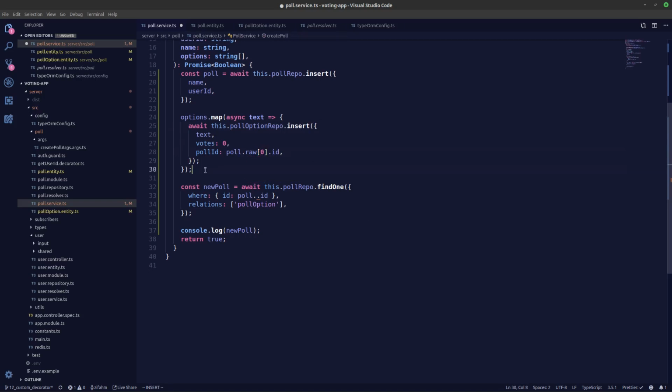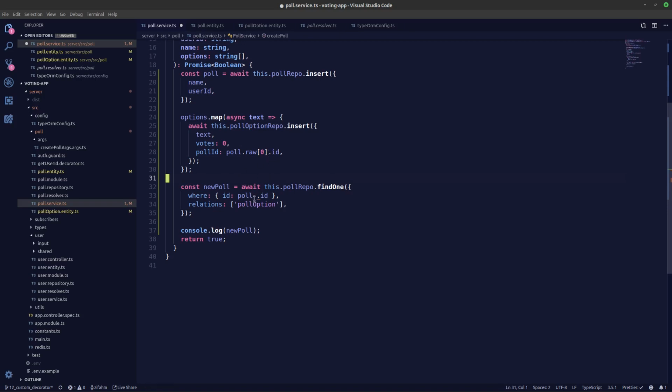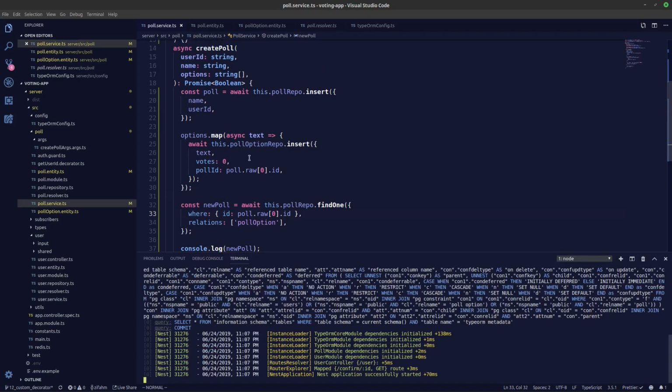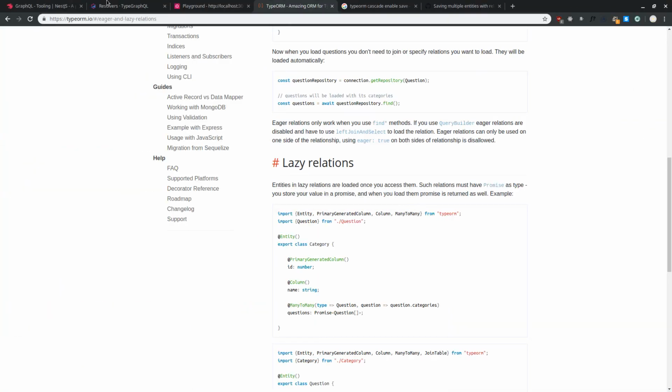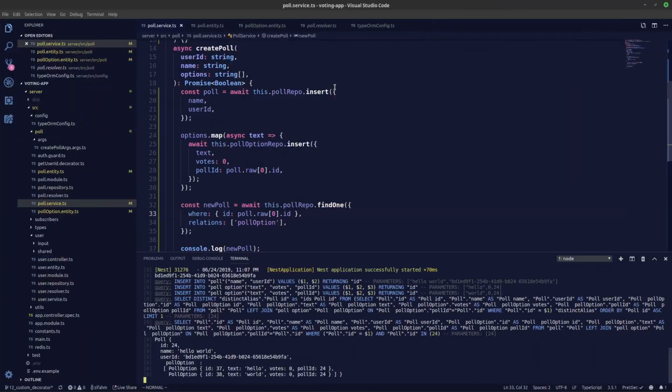Inside this poll it will be an array of objects with the ID, so we'll be accessing the ID, and over here as well, so raw 0, and we'll be accessing the ID. So let's restart the server. Let's go back. Let's press the play button again. Let's go back and take a look, and now you can see the poll option has been